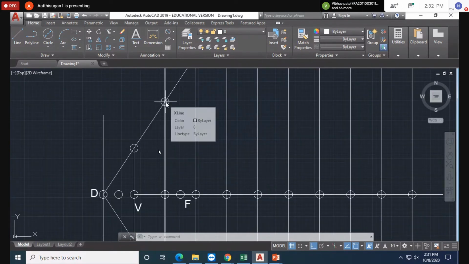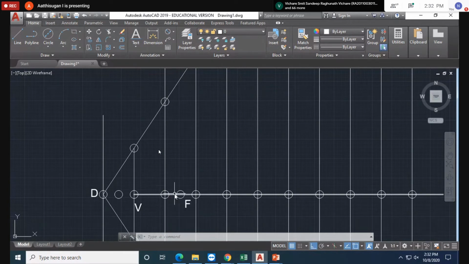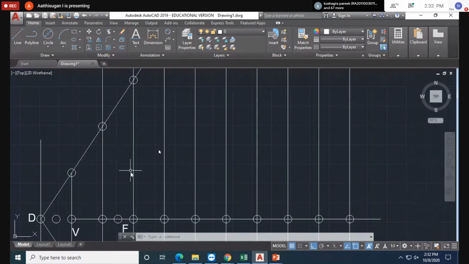Second point, same step you have to follow. Take the distance from this point to this point, from the second line. F is the center point. You can cut one arc on this line only, maybe cutting here. Similarly, next step, take the distance from here to this point. F is the center. Cut an arc on this line only, don't go to the other line. Wherever you take the distance, cut the arc on the same line only.